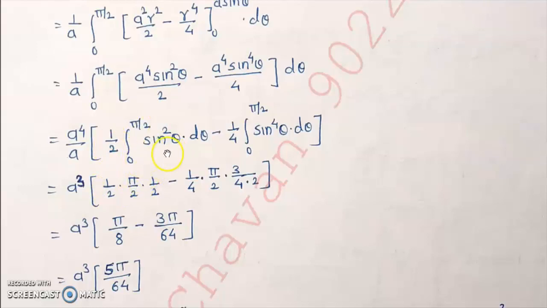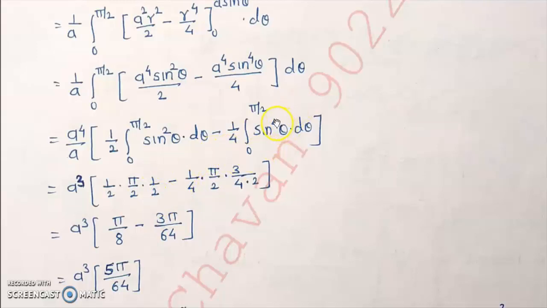0 to pi by 2 sin raised to m theta d theta, where m is equal to 2, which is even. Since it is even, we have pi by 2 in the answer. Since it is even, the odd number less than that even number is at the numerator, that is 1 only, and that even number comes at the denominator, along with the product of all even numbers less than that, which is not applicable here. Okay, 2 is the only even number here. Okay, then minus 1 by 4.